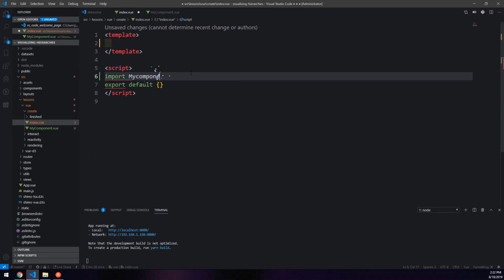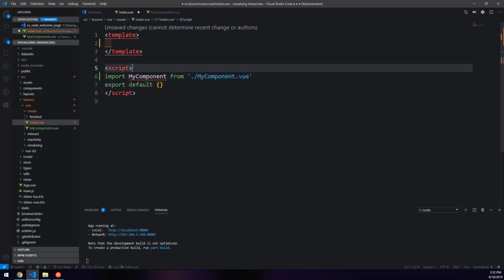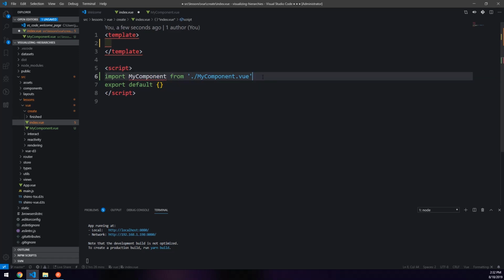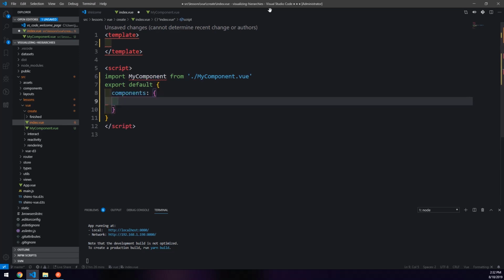So if we go back over here, we can replace all of this information, right? And first what we'll do is we'll import our component. So we'll import my component from, and then it'll be my component.vue. Right. Now you can put the extension there, .vue. I tend to do that all the time, but I don't think it's necessary in some cases. So once we've imported it, we have to specify that it is a component. So we'll add a components object to this Vue component here, and we'll assign my component to be